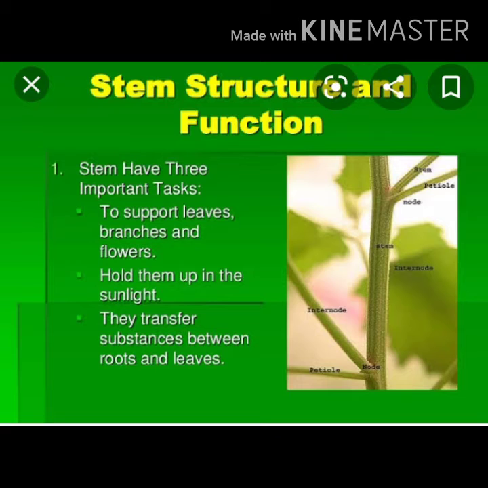So select such kinds of transparent stems and keep the stem inside this colored water for 1 day. You can keep it overnight. Then observe the next day and you can see the color change: a small red line or blue line will appear through that stem. This shows that the stem can conduct water from the bottom to the top of the plant. So that is the main function of the stem. What is the function? It can conduct water from the bottom of the plant to the top of the plant.